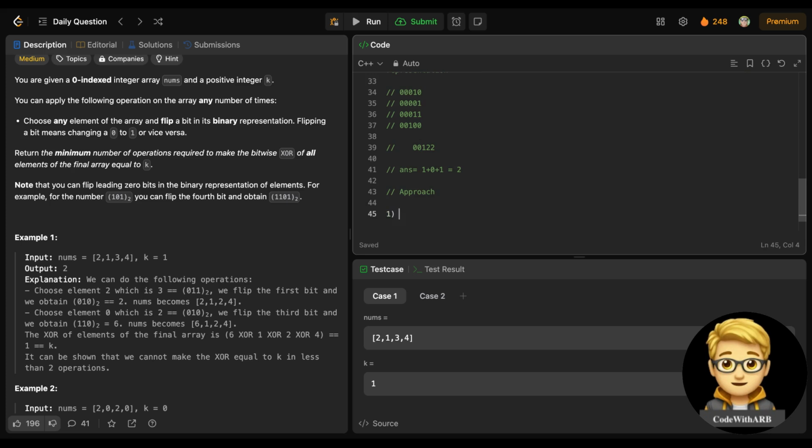So the first thing, I need to make all the nums, and I need to change all the elements of the array to binary representation, and calculate the set bits, that means 1, at